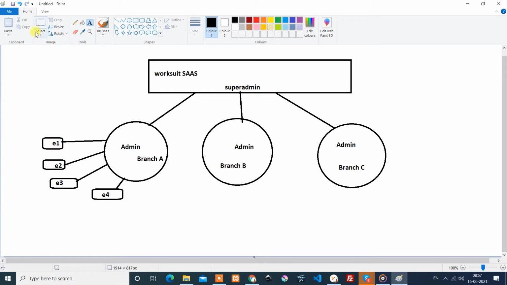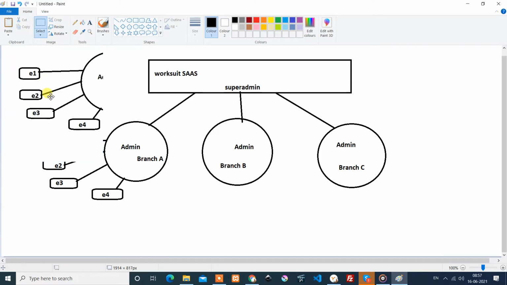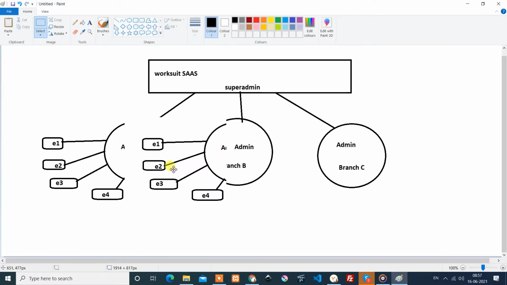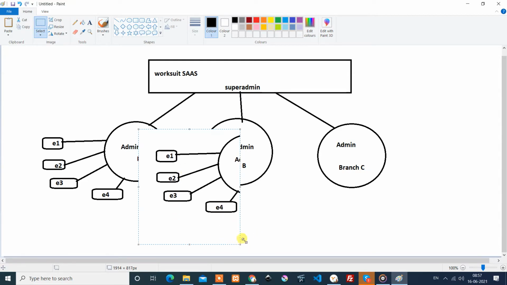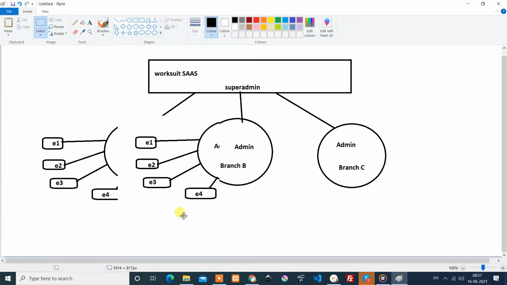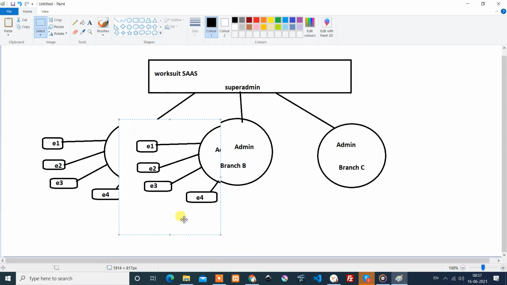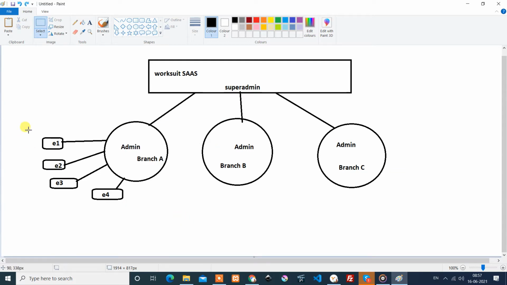Similarly this B also has the same employees, and the same way we have the employees for the C. So this is the overall structure.